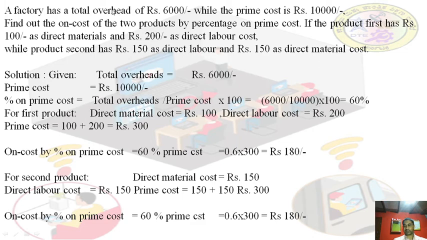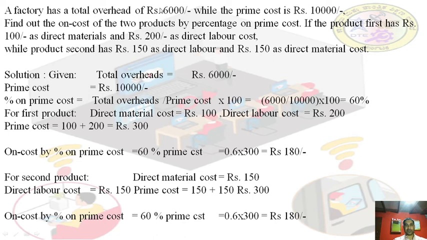So this overhead is nothing but the overhead of all the components, not just these two components. You should not confuse why again we need to calculate the overhead of these components. This overhead is for all the components they are manufacturing. This factory is manufacturing more than 5-6 components. Out of these 5-6 components, he has asked us to calculate the overhead charges of these two components.